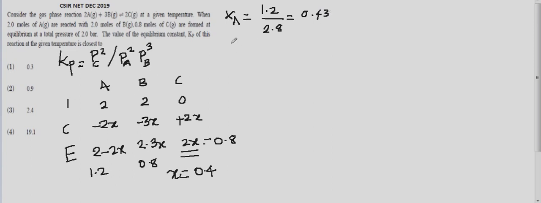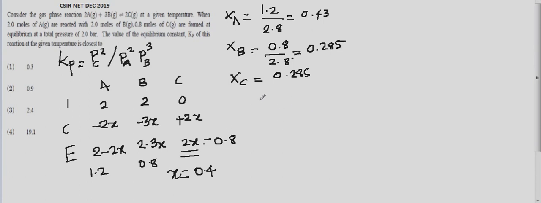So likewise we have to calculate it for XB. It's going to be 0.8 divided by 2.8, and it is 0.285. And it should be the same in case of XC, that should be 0.285. So now we have calculated the mole fraction, and the relationship between the mole fraction and the partial pressure is given by,